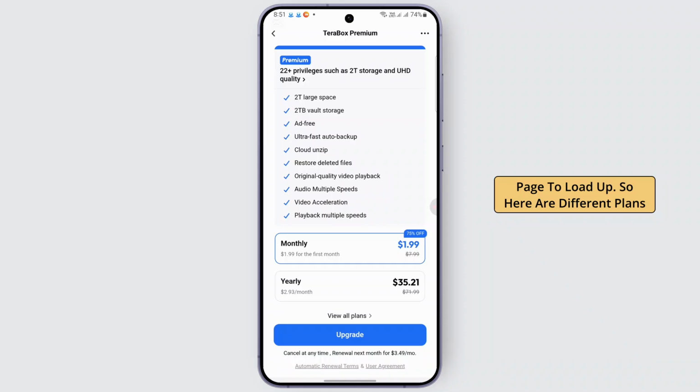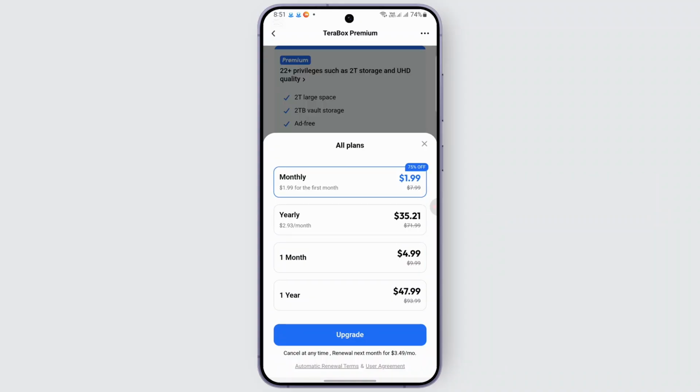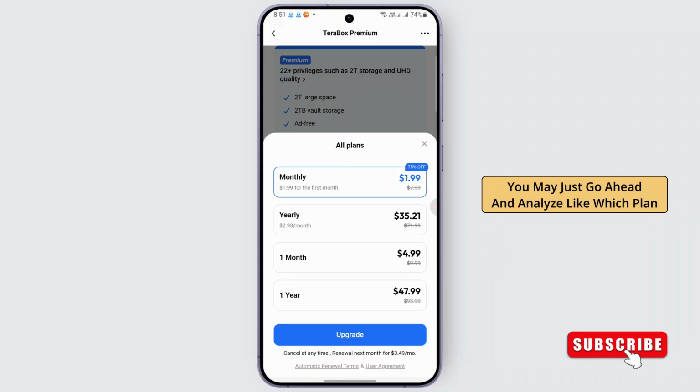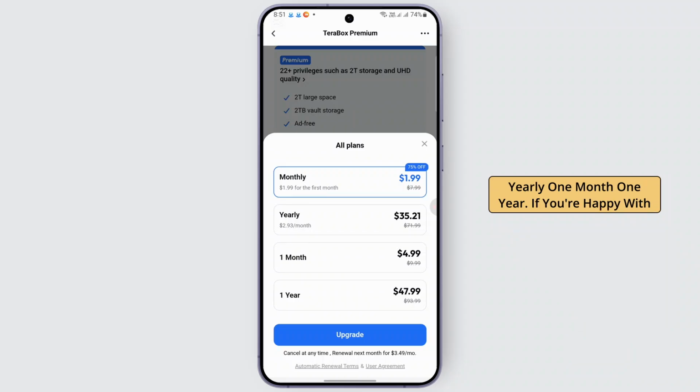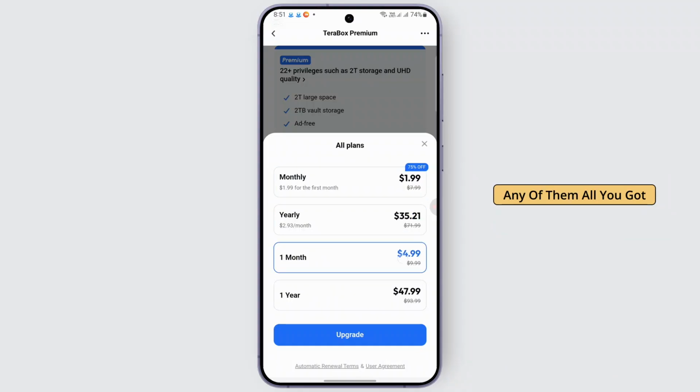So here are different plans available. If you're looking for all the plans, tap on view all plans, and once you do that, you may just go ahead and analyze which plan you want. After that, we have this monthly, yearly, 1 month, 1 year. If you're happy with any of them, all you gotta do is simply tap on this upgrade